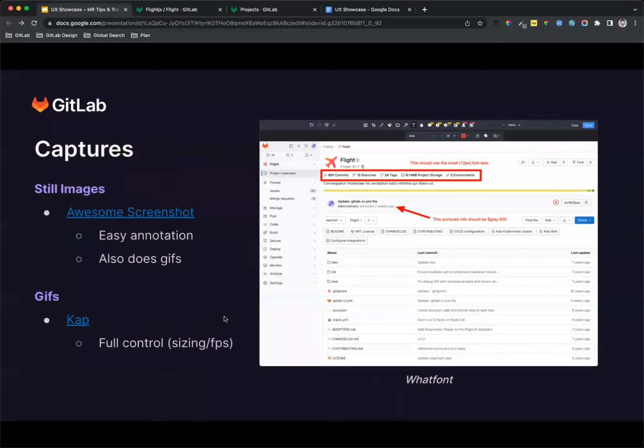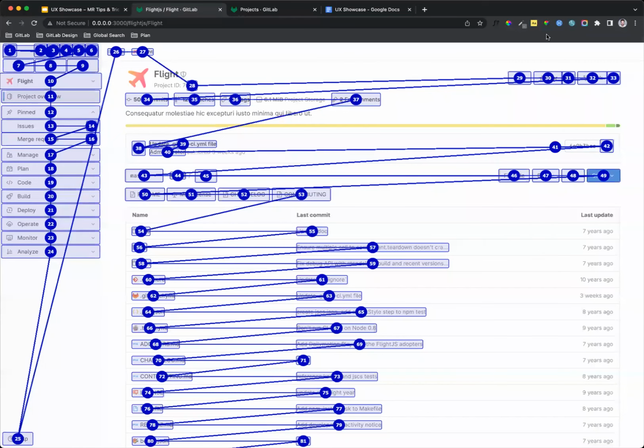And then some of the last things that I wanted to cover was just capturing various things for providing to the development team. I've used a couple of different things for still images. One of them that I use the most is Awesome Screenshot. The reason I like this one is,